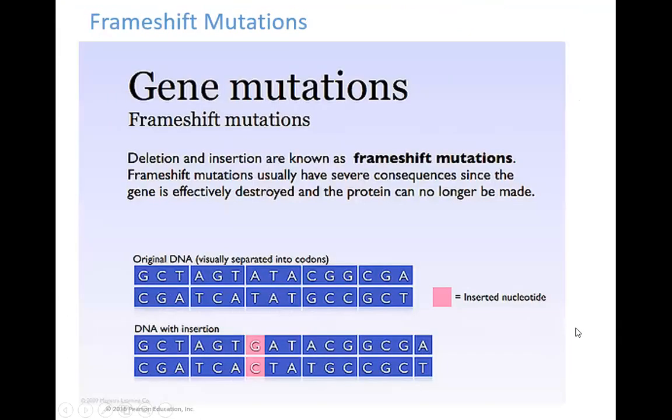Now, another problem, frame shift. Frame shift is very dangerous. A frame shift mutation occurs when we actually stick a whole new set of nucleotides in at a spot where we have our DNA strand at the top there broken up. We have it marked out in its triplet codon. Generally, we use codons for both DNA and RNA. We can say triplets so we don't get the DNA and the RNA mixed up, but we generally end up saying codons. So we have our triplets on the top strand, and down at the bottom, the second strand, we